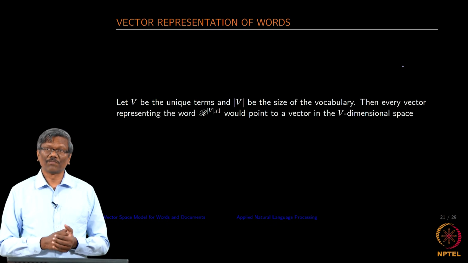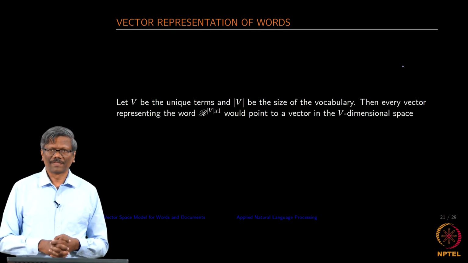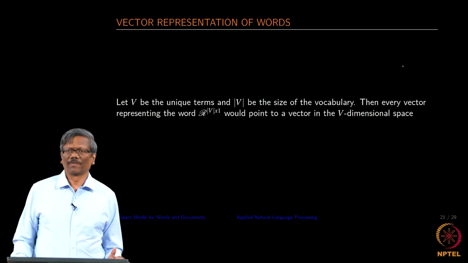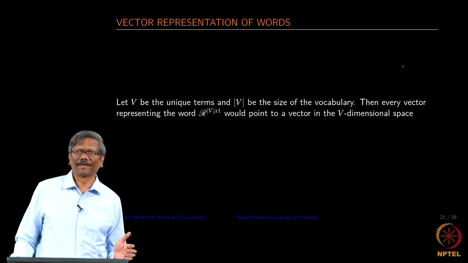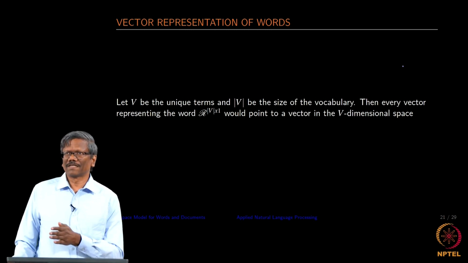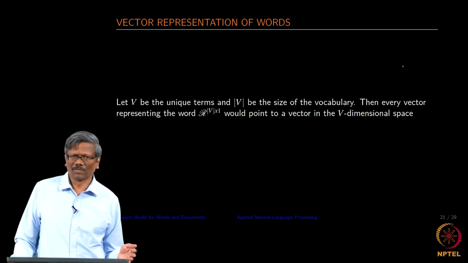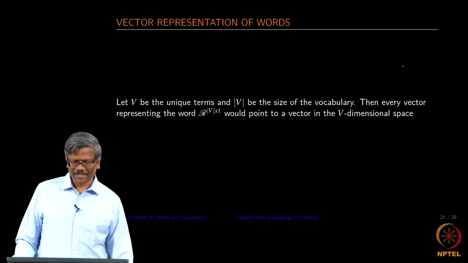So, we have been only talking about the word with respect to the frequency, with respect to TF, IDF and so on, but how do I really represent a word? If I have a million words, I need to represent it in some way. Can I use some kind of an indexing mechanism to represent it, or some other way? How do I represent that as a vector is what you are going to be seeing right now.